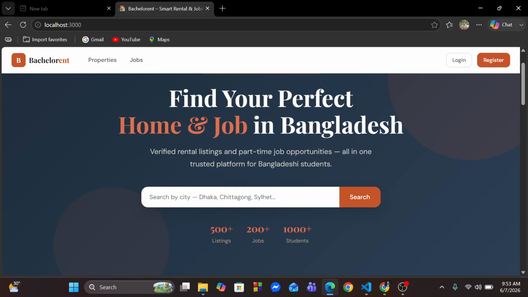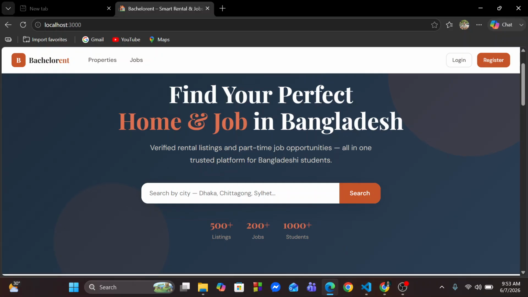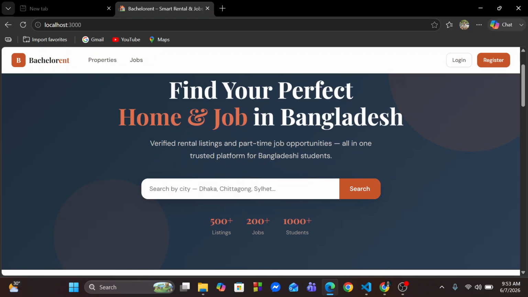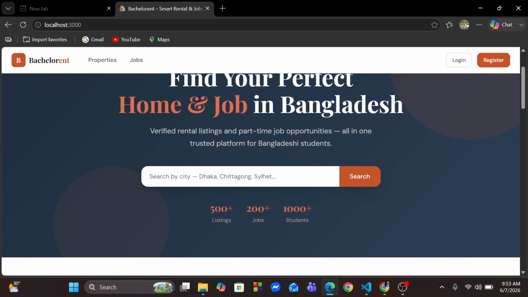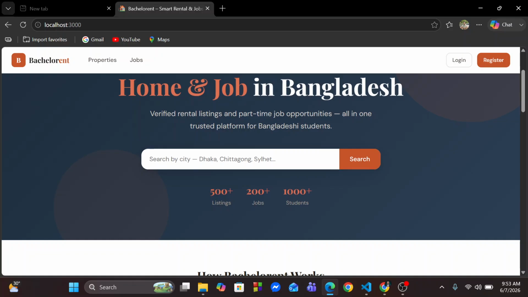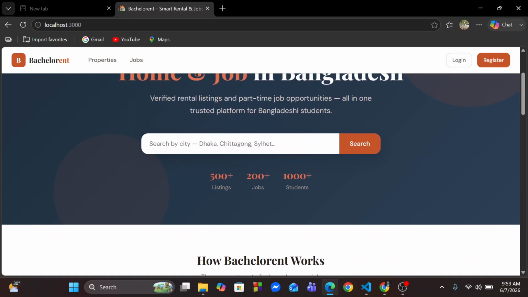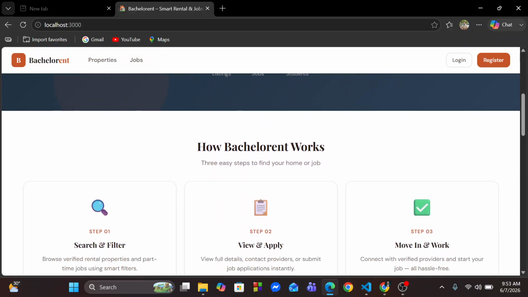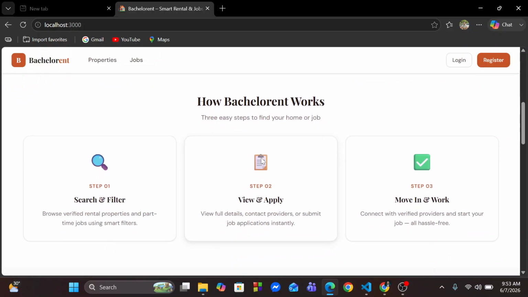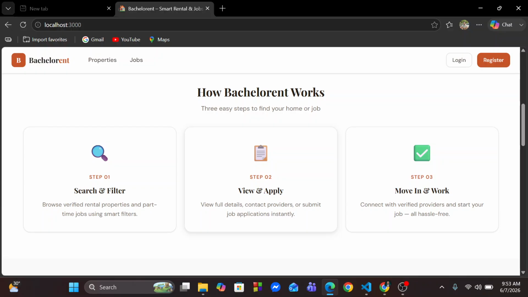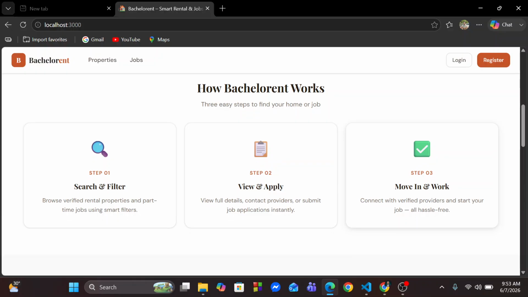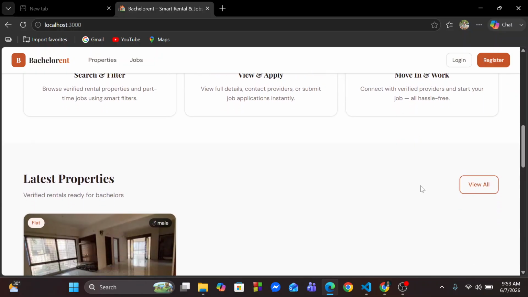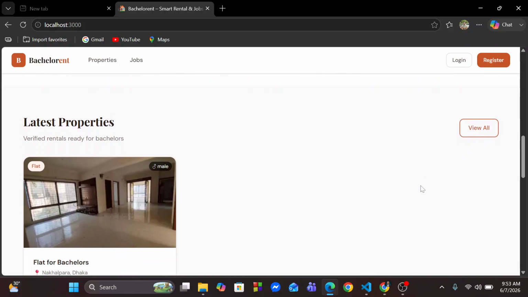Basically, you see the main dashboard here, where there is a search option where I can search by the city's name, like Dhaka, Chittagong, and select. Below we can see how Bachelorent works. There is a tutorial: step one, search and filter; step two, view and apply; and step three, move in and work. There are mainly three steps here, and you can see the latest properties